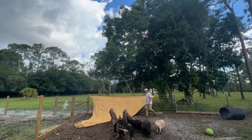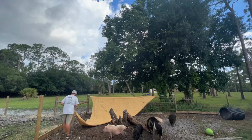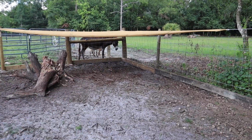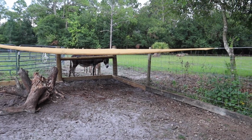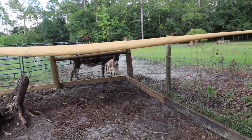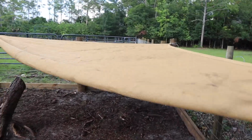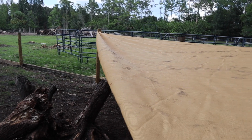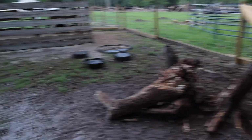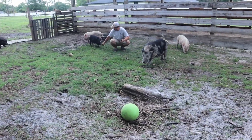So just in time with the rain, we have the canopy set up. It looks so good. Let's go underneath there. I feel like Dinky's kind of like, I want to go in there. You want to go in here, Dinky? But we have a way better solution. It's coming, I promise. So this is what the canopy looks like. It's actually really cool, really big. The fabric is really nice. So the pigs, I don't know if they're sure about it yet, but maybe we can see if we